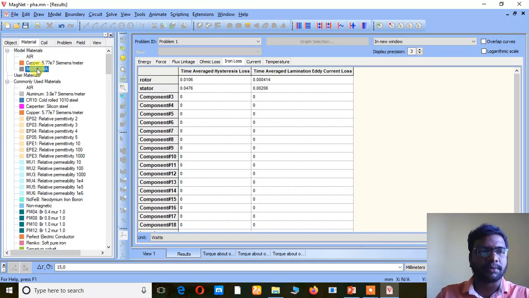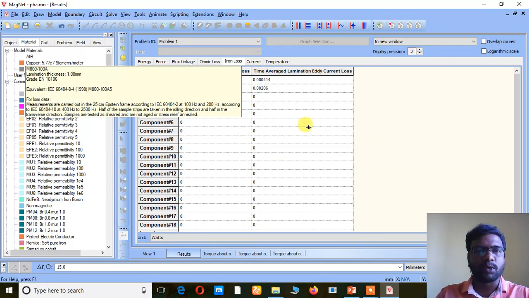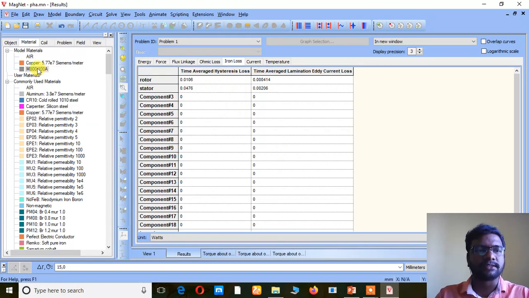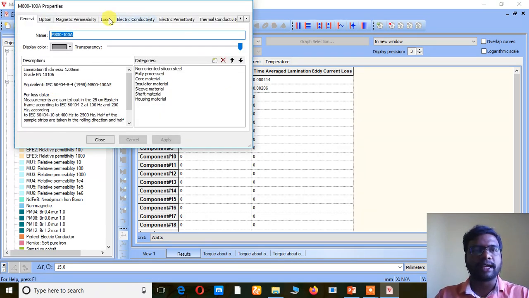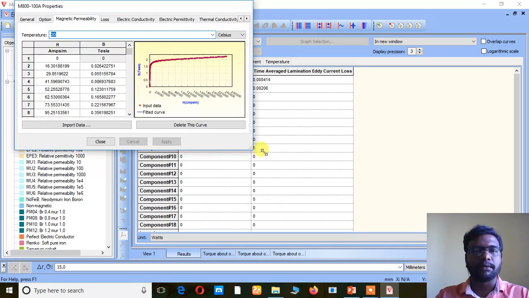The iron loss depends upon the laminating material. So while selecting the laminating material, we have to check the thickness. Here the thickness is given as 1 mm. As well as that, go to the properties, where the BH curve will be available.